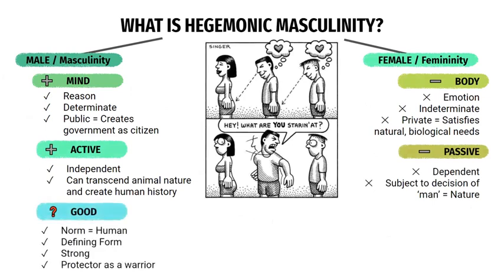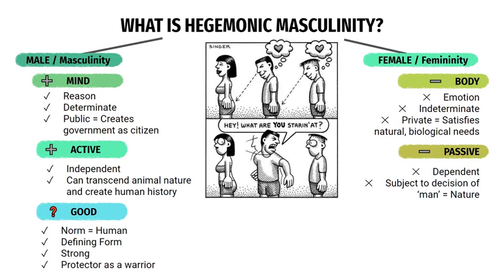the male side, or assuming masculine traits like the mind, for men, it's dominated by reason. It's determinate, it's public, it creates government as citizen. And who are going to be those in charge? Men, okay? And they're active. Men are assumed to be independent. They can transcend their animal natures and create and shape human history. And this gets associated with being the norm, right? With being humans, right? Why we say mankind. It's a defining form. Going back to, we associate strength and, again, domination, the man as a protector, as a